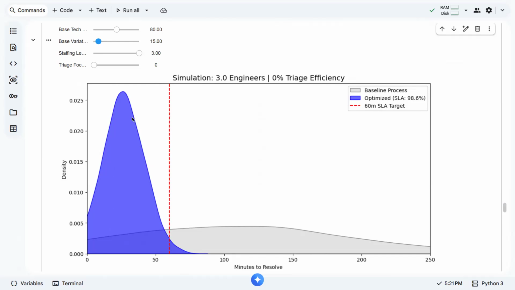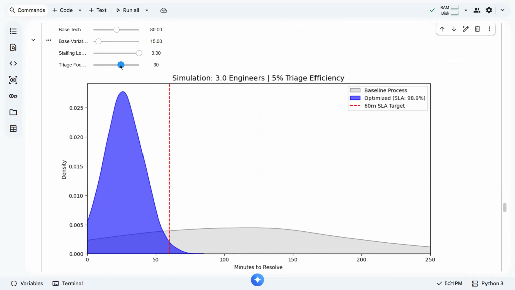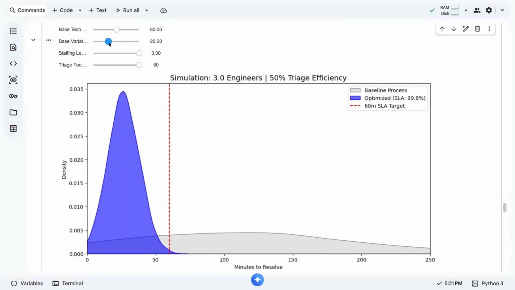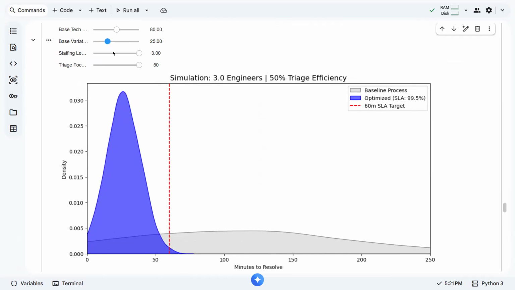So that's regarding this. And this is further improved by giving enough focus on the triage. So this is too much. This is unrealistic already. In reality, we can only have around this much, 25. So we can give maximum effort on the triage. We increase it by 50%. We improve it by 50%. At the same time, if we can do a lower base variation, then the better. But of course, the higher, the more unrealistic it is.